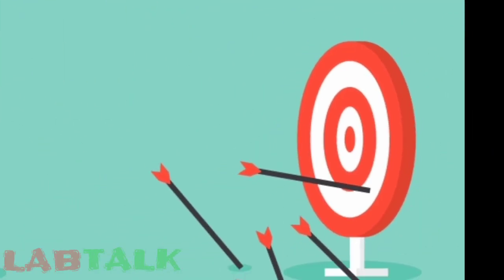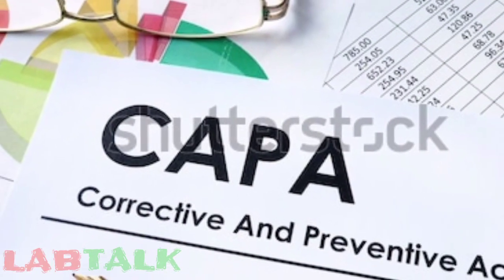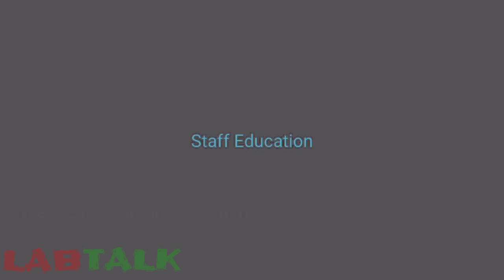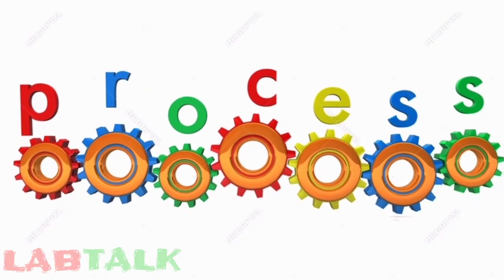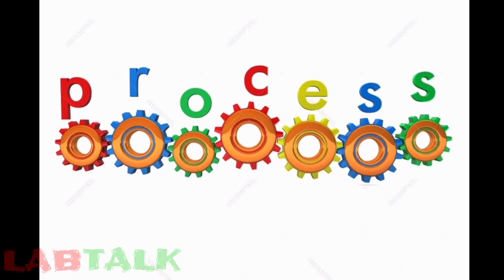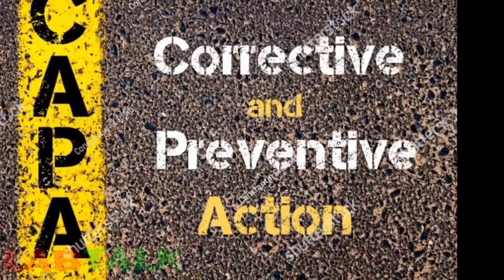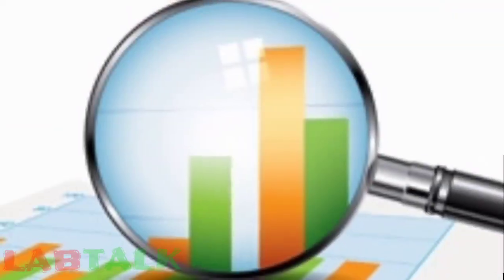Now, when the goals which are set for quality indicators are not achieved, corrective actions and preventive actions are to be initiated. That includes staff education, frequent awareness programs, training programs, stringent monitoring program, improvement of the other routine processes in the laboratory. Sometimes the processes themselves are defective, so redefining of processes should take place so as to take proper corrective and preventive action to achieve the set goals for the quality indicator.